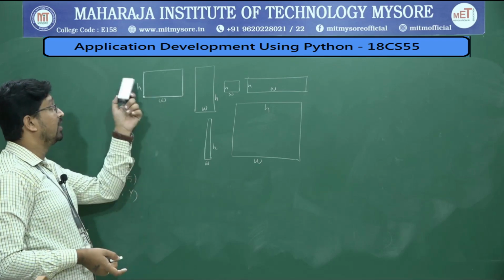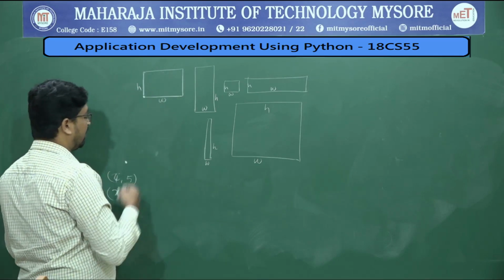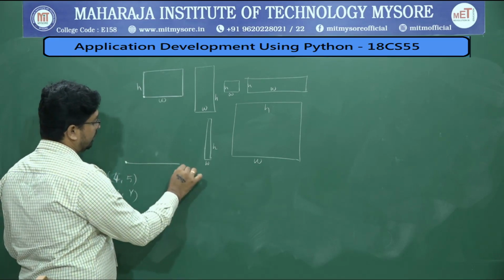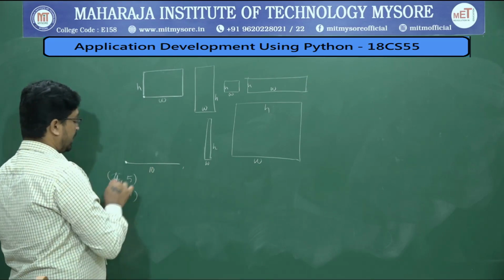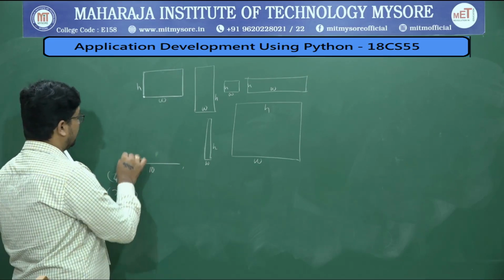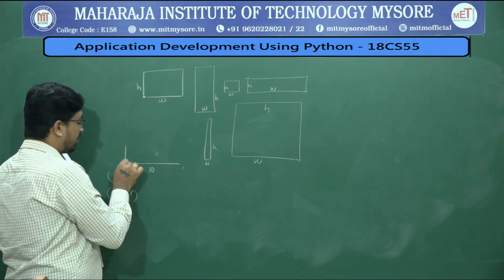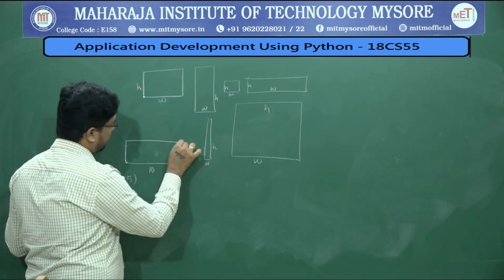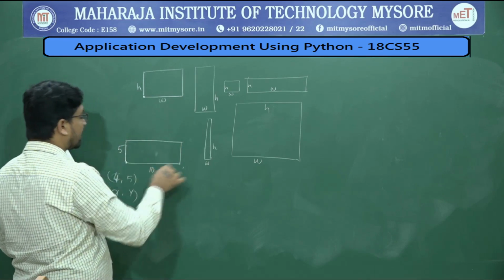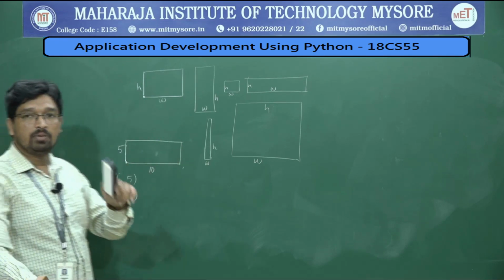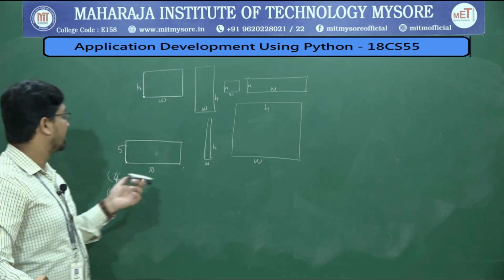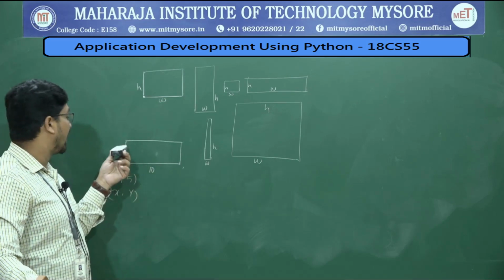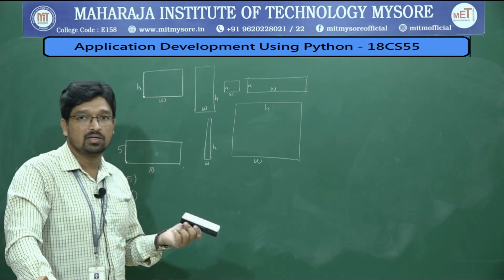To create a rectangle, again we need width and height. Assume that width is 10, so 4 to 10 becomes 14, so we have 10. The height is 5, so another 5. So from point 5 I am drawing a distance of 5, then again another 10, another 5. So we have a rectangle. The minimum information required to create a rectangle is width information, height information, and where we need to start the rectangle.